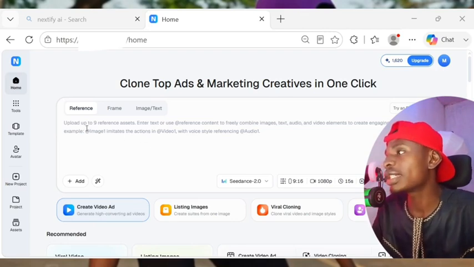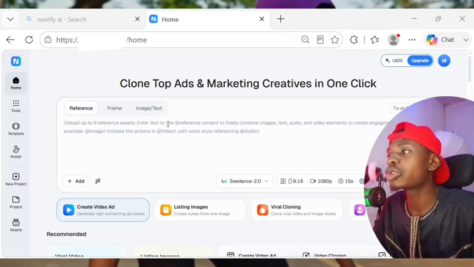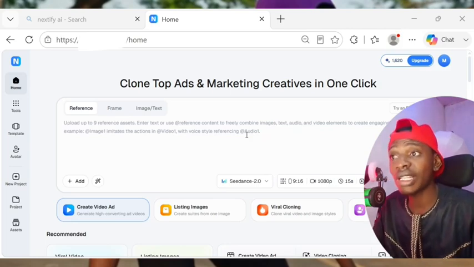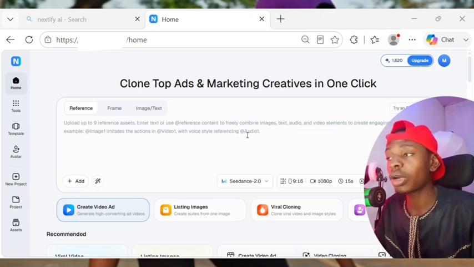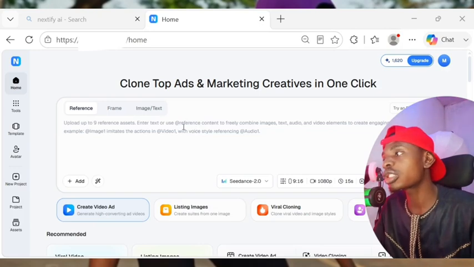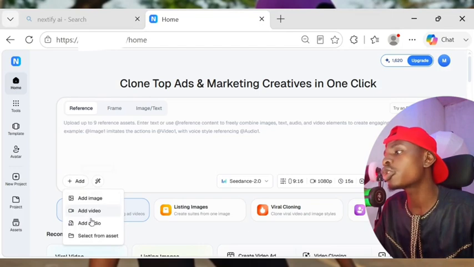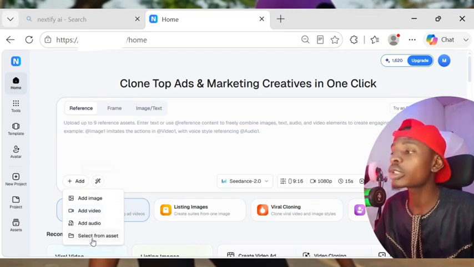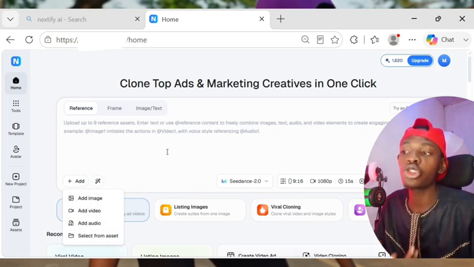So right now, as you can see here, it says upload up to 9 reference assets, enter text to use. As you can see, you can upload your image, you can upload text, you can upload audio, you can upload reference video. If you have a reference video you want to create like that, you can upload it here and it will work for you. All you need to do is click on this plus icon and you are going to see where you can upload image, video, audio, and also other things you have like text. You can upload them here and the AI is going to use it to generate your UGC video,